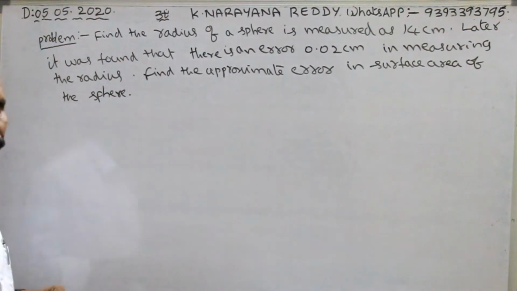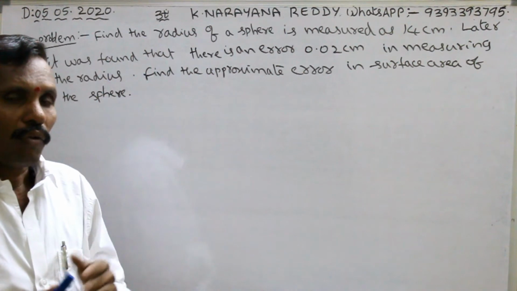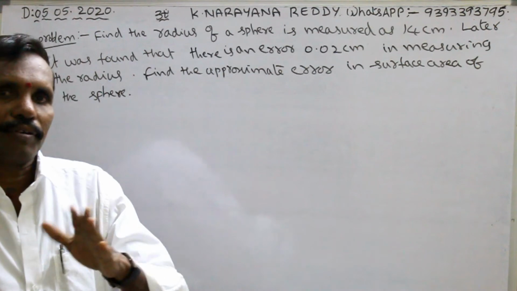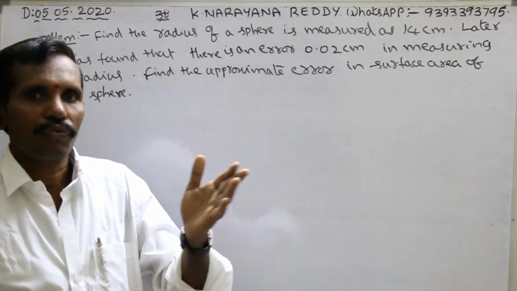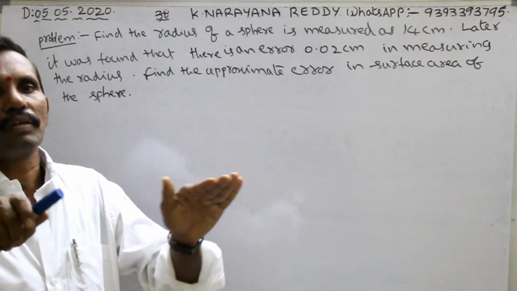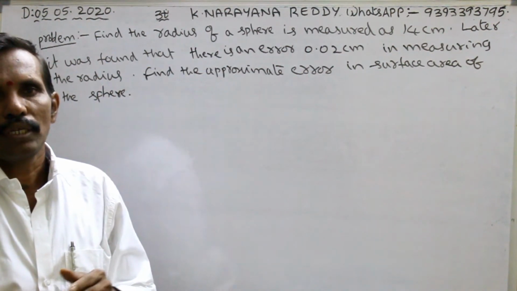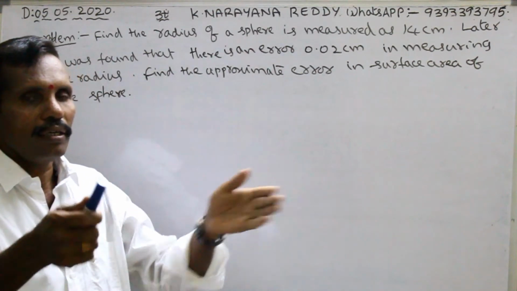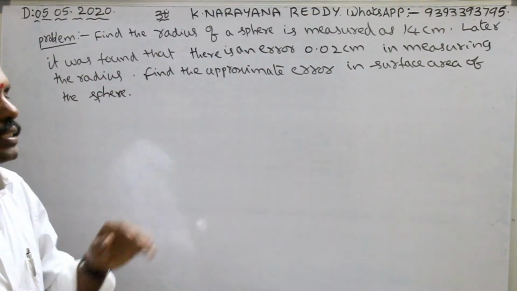See this problem. In this problem, some errors are there. What is error? Error is nothing but the difference between approximate value and accurate value. Suppose the approximate value is 2.34567 and the accurate value is 2.3. That difference is called the approximate error. The difference between approximation and accurate value is called error. So how do we find that type of error by using derivatives?